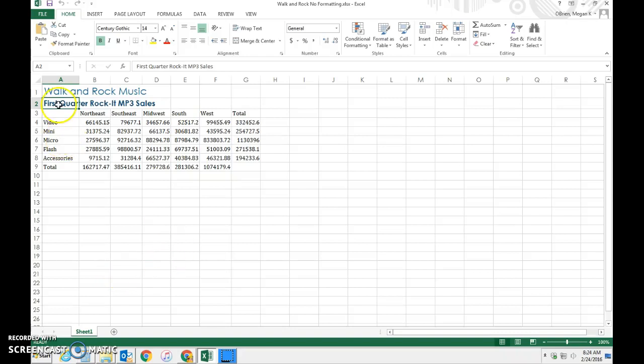So this is where we left off yesterday. This is where you should be in the formatting process. The next thing that we're going to do in formatting